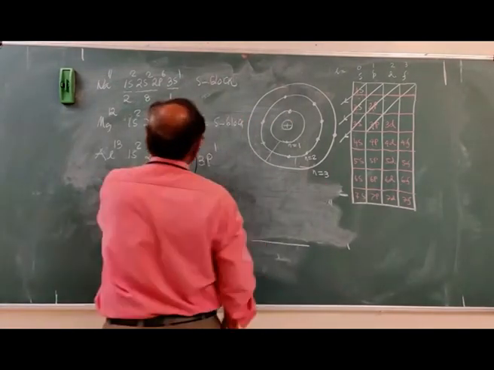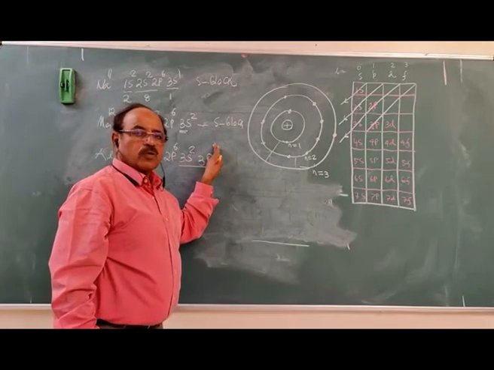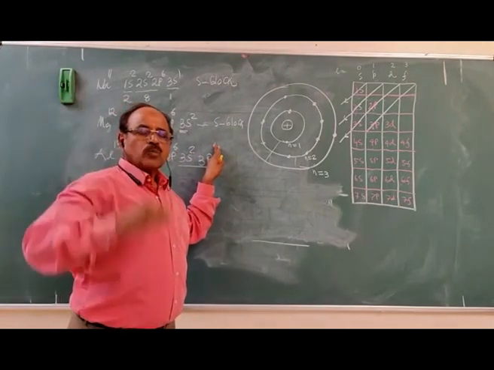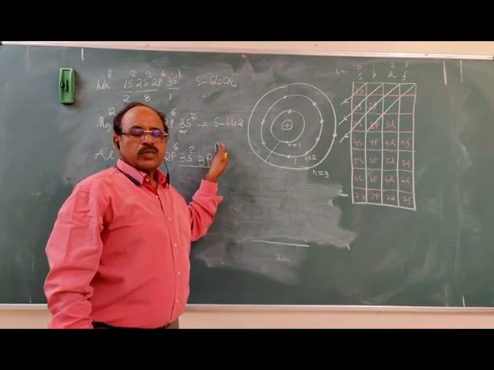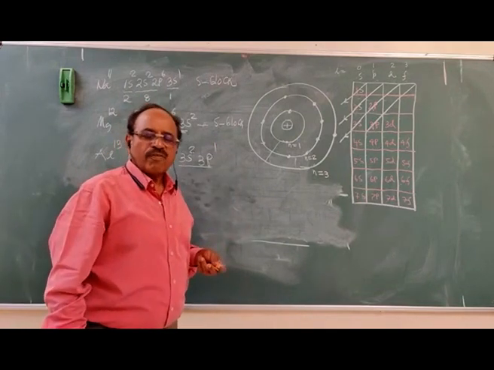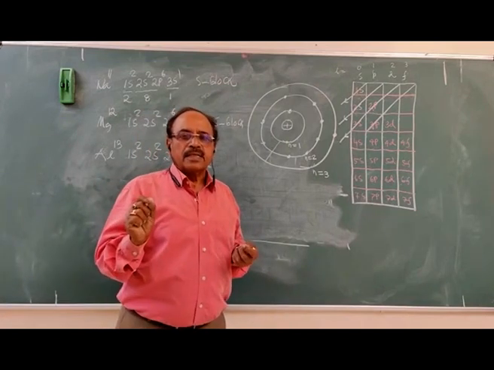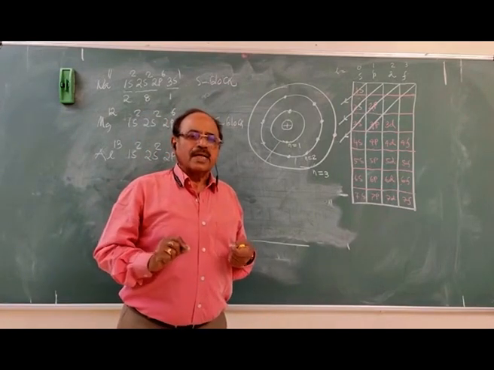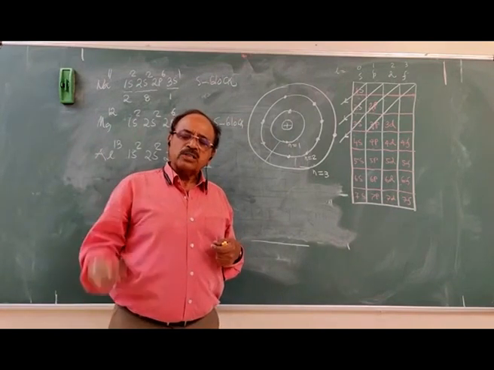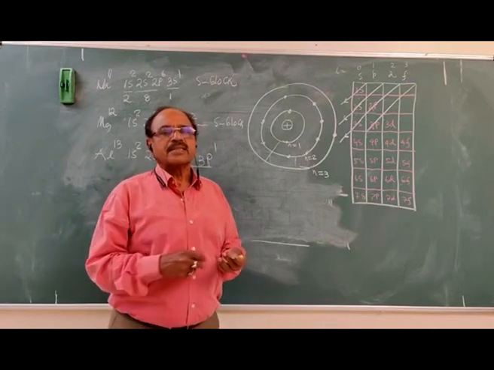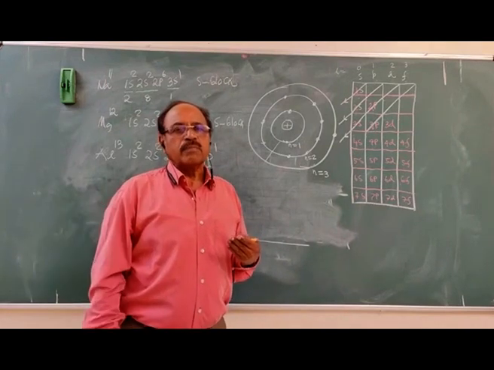Now how many electrons are here in the outermost shell? There are 3 electrons. The number of electrons present in the outermost shell indicates the group number of the modern periodic table. So 3 electrons are there. So the normal valency of aluminium is 3. Aluminium exhibits valency 3. So this is the way the group number indicates the number of electrons present in the outermost shell. Group number also indicates the maximum valency state an element can exhibit. So the valency state of aluminium is +3.